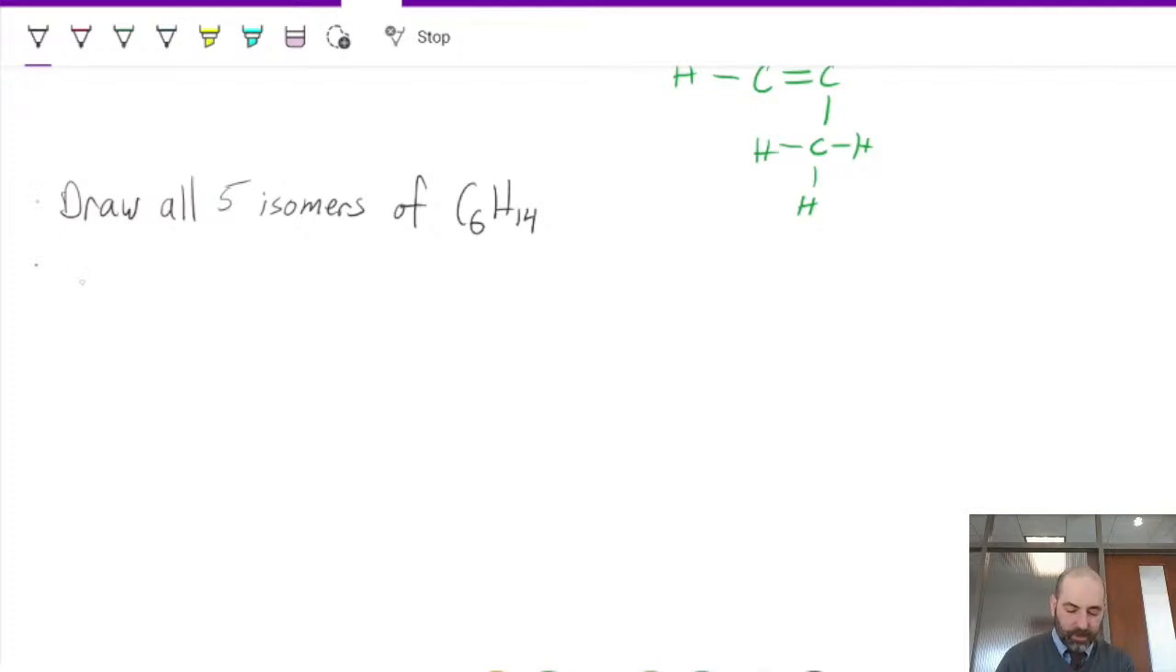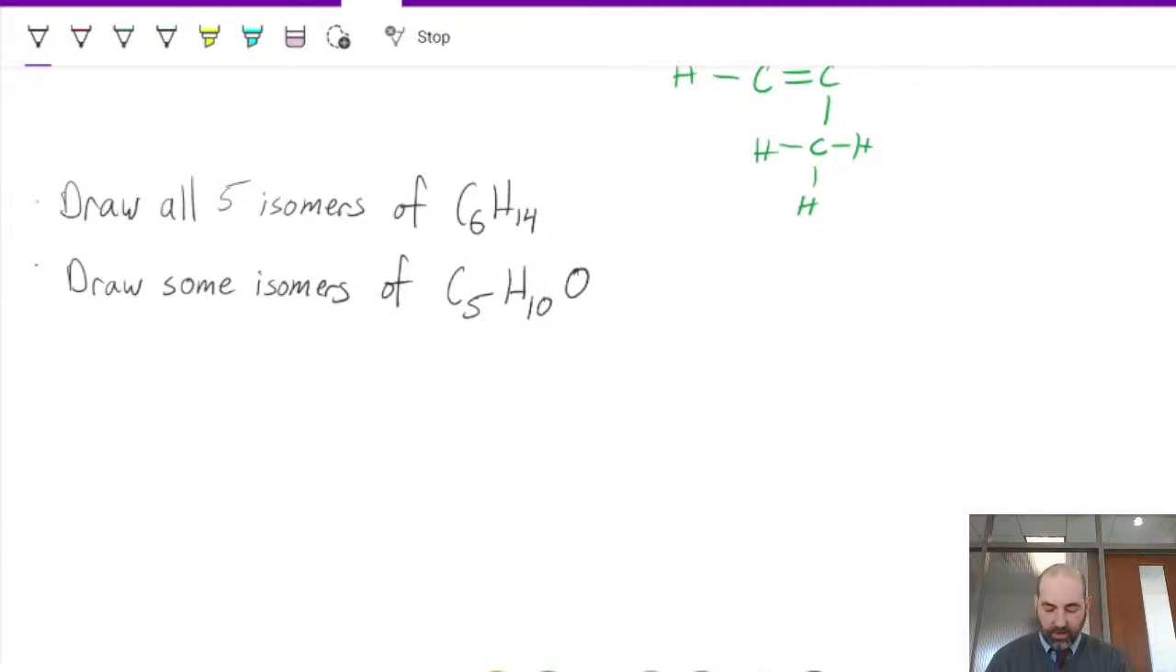Okay. Then, I don't know how many. There are many, many, many isomers, so I'm just going to say draw some isomers of C5H10O. Because now we add another atom in there, there's lots of different ways that you can lay that out. So give those a try and let me know how they go,